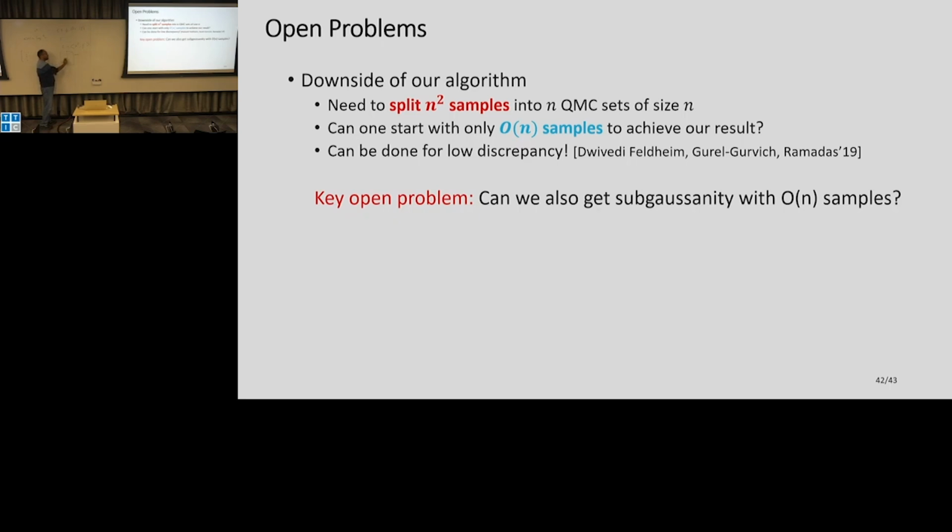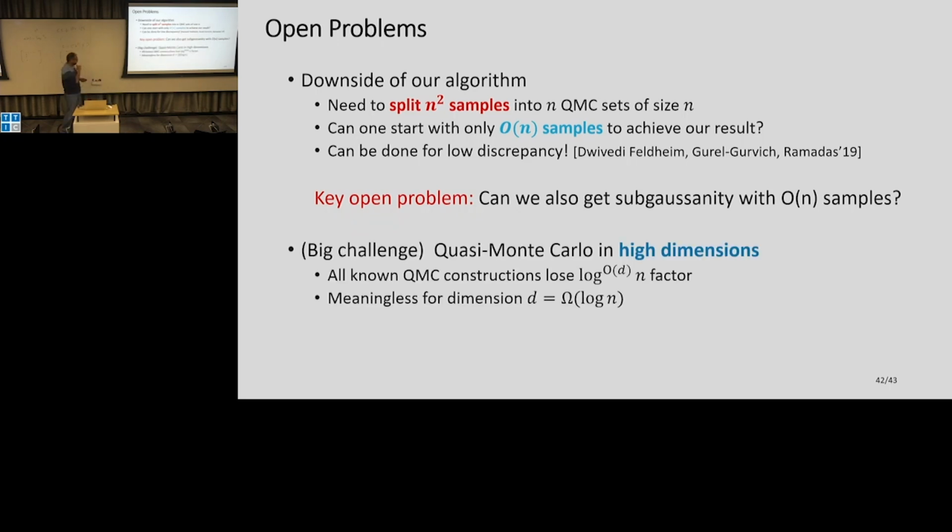But this is a very clever algorithm for how you do that. And then your discrepancy just becomes polylogarithmic instead of root n. Right? So you don't need to start with this n square and classify. So can we also do that while ensuring sub-Gaussianity? Because that would solve our problem. I have no clue how to do this.